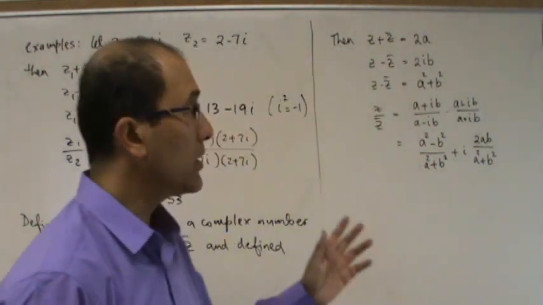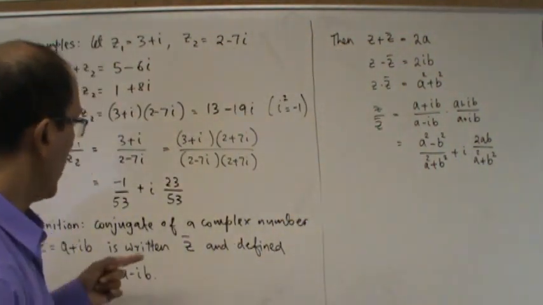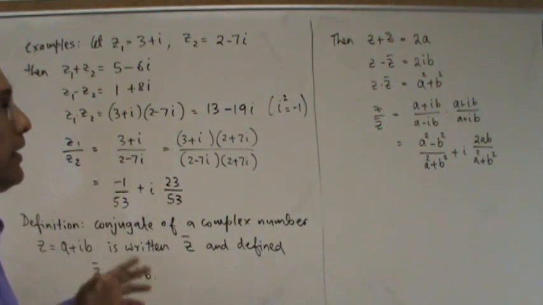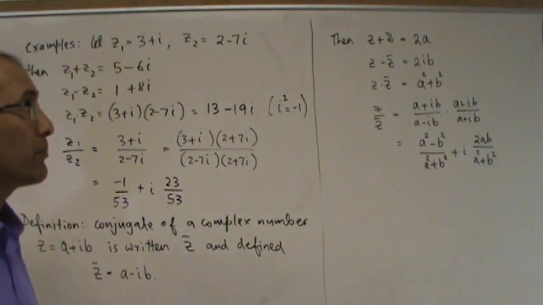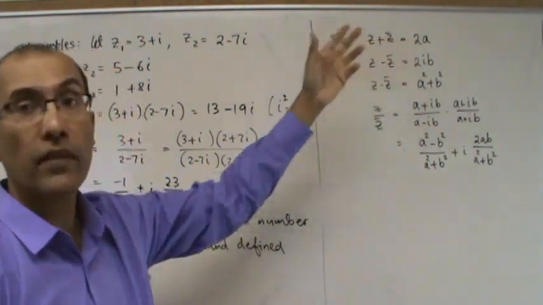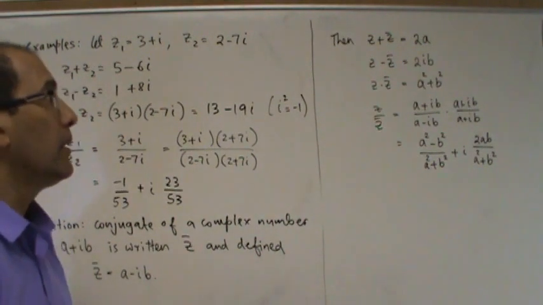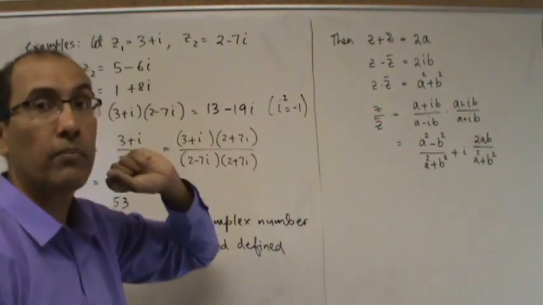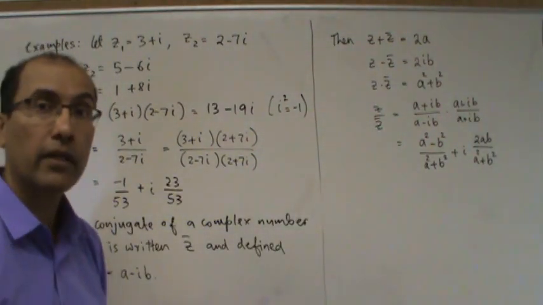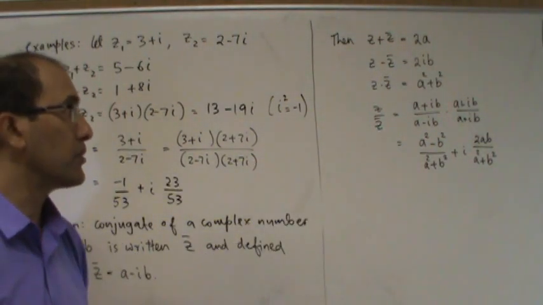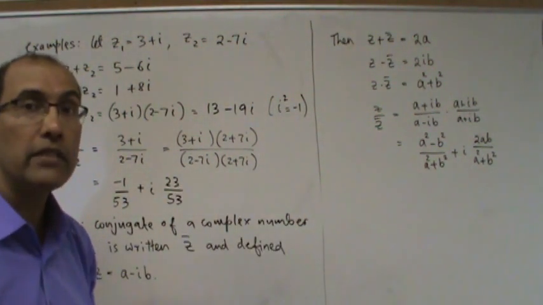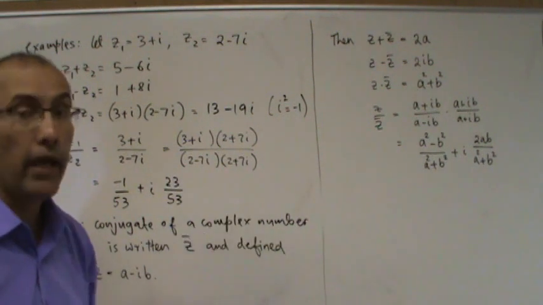So there are some properties of the conjugate number. If I add the two conjugate numbers, you can just see I get twice a. If I subtract, it becomes pure imaginary. So when I add a complex number and its conjugate, the answer is a real number. If I subtract, it becomes pure imaginary. And I can multiply, I can divide and get various connections. So there are many other connections between the complex number and its conjugate, and they are all easy to show, easy to prove, and I'm going to leave